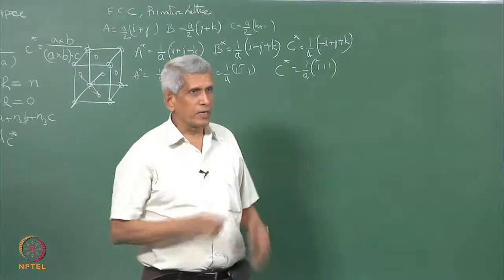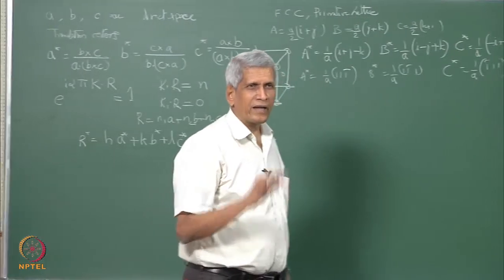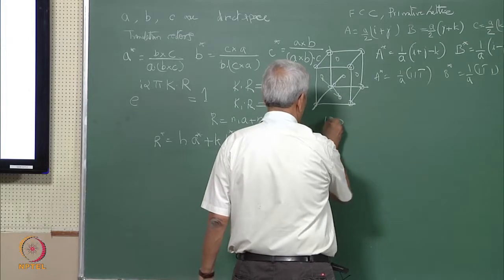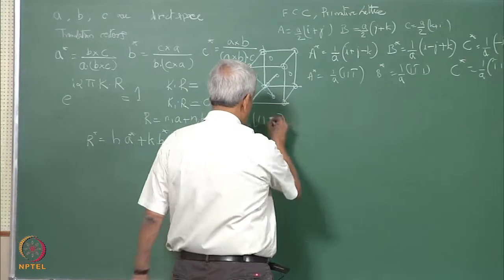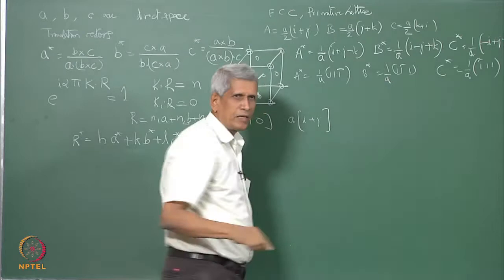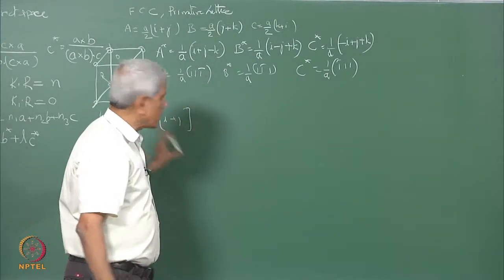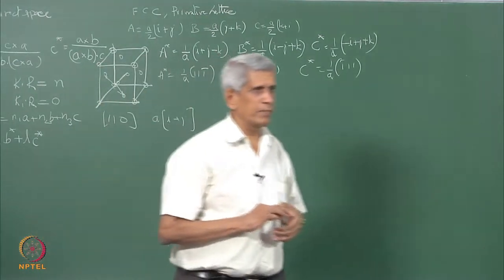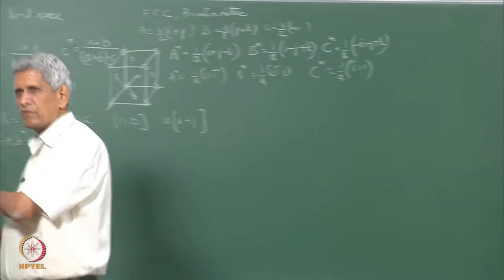This is how it will turn out to be, correct? Because when we write a vector, or any direction in a lattice, as 1 1 0, it actually means, if A is the lattice parameter, this should be A into I plus J. This is what it exactly means, correct? So, essentially using that same logic, this is what it turns out to be. So, this defines the translation vector of the unit cell of the reciprocal lattice.